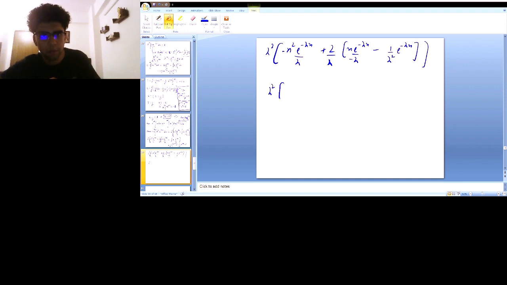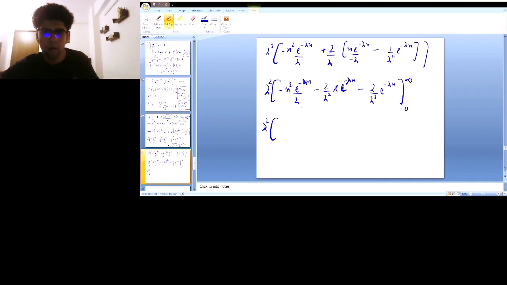So this becomes minus x square e to the power minus lambda x upon lambda, plus minus 2 upon lambda square x into e to the power minus lambda x, minus 2 upon lambda cube e to the power minus lambda x. Now putting the limits 0 to infinity,